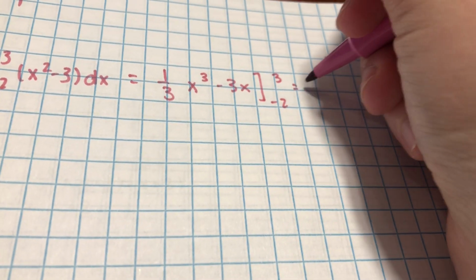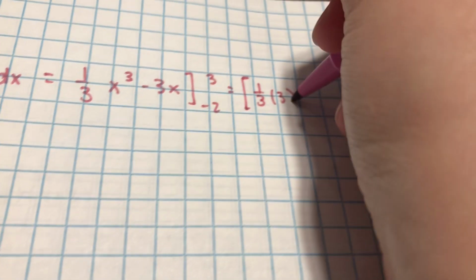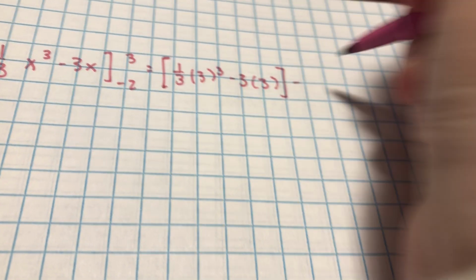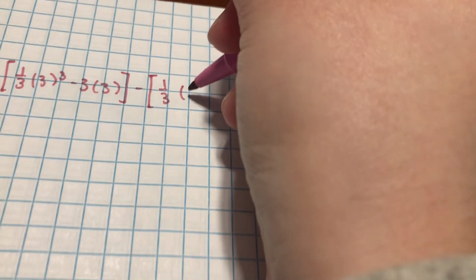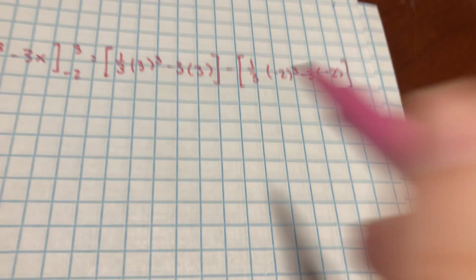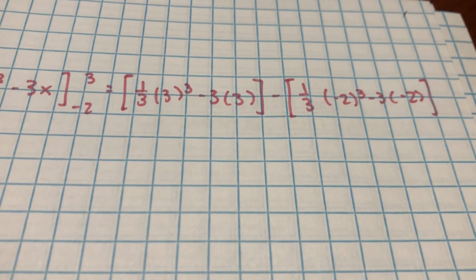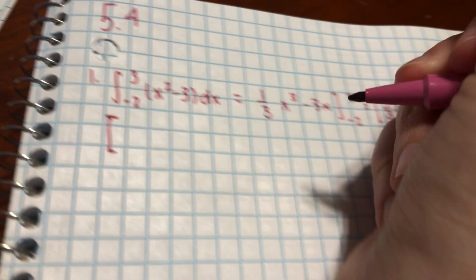And so when we evaluate this, we get 1/3 times 3 cubed minus 3 times 3, minus 1/3 times negative 2 cubed minus 3 times negative 2. So we simplify this. 3 times 3 is 9, times 3 is 27, over 3 is 9. So over here we have 9,